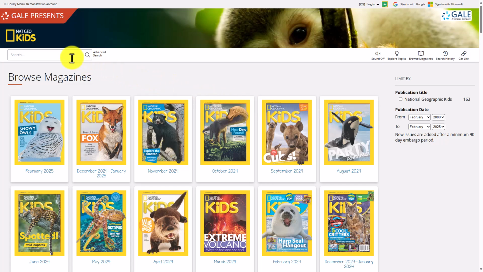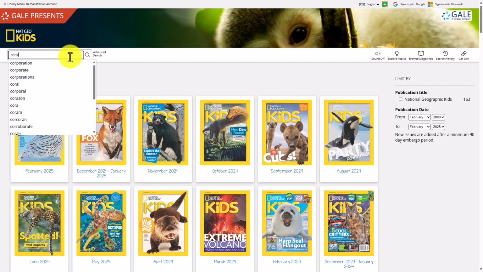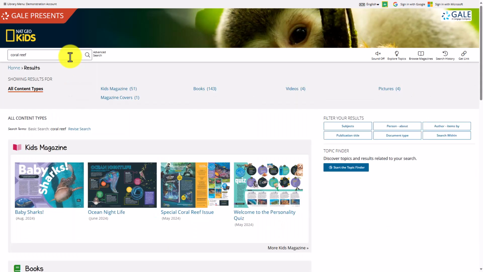Let's conduct a search to explore the content more. The basic search bar allows you to quickly execute a keyword search, such as a search for coral reef. Once you execute your search, you will be taken to the search results page. Like we saw on the home page and Explore Topics, the search results page organizes search results by content type. You can scroll through all content types to see a few samples of each, or you can click into one